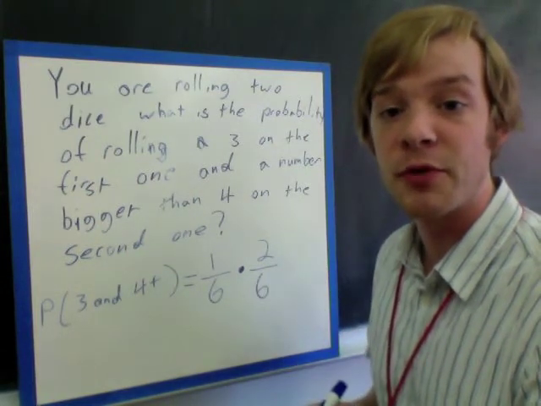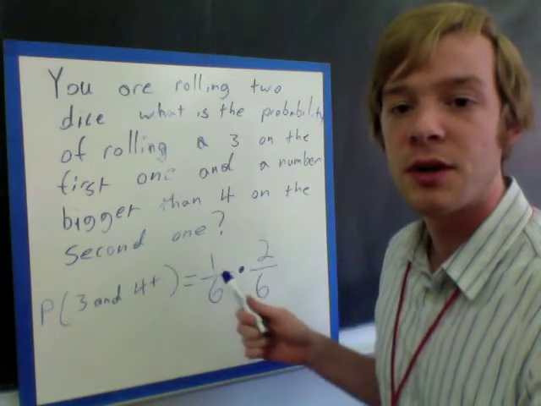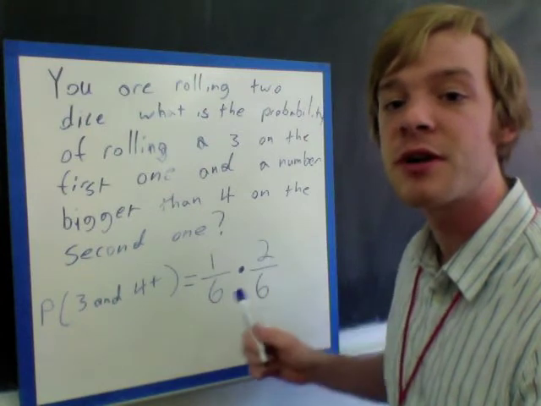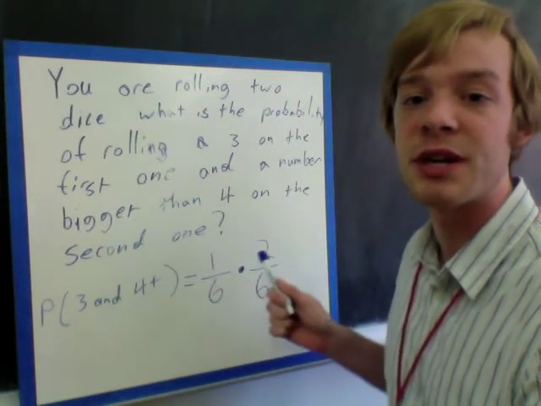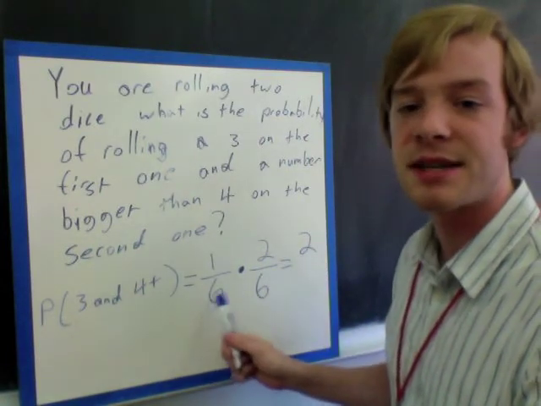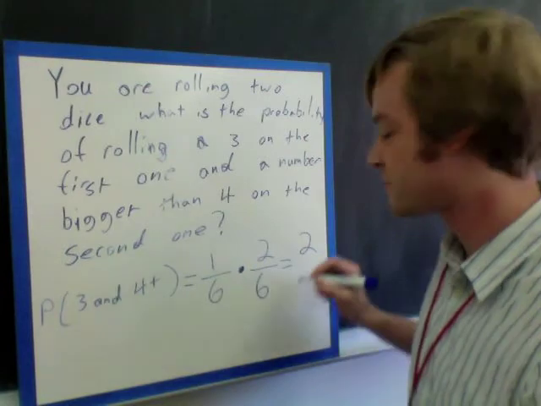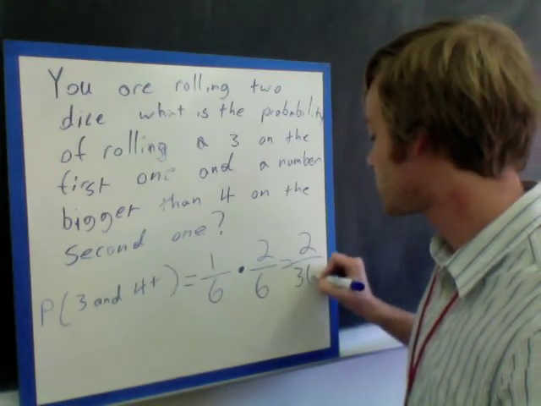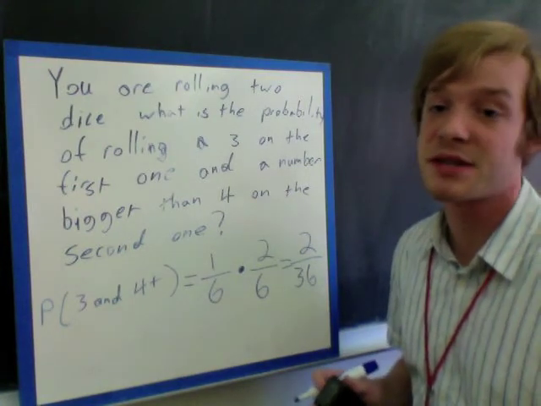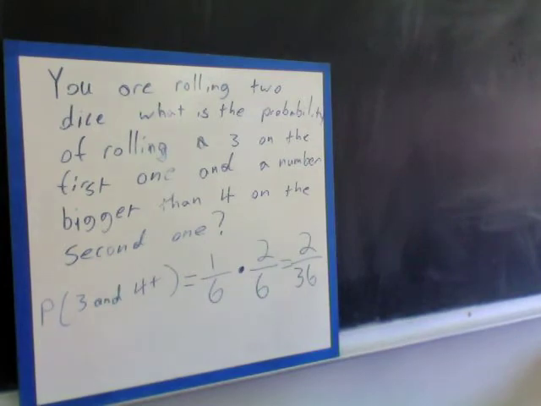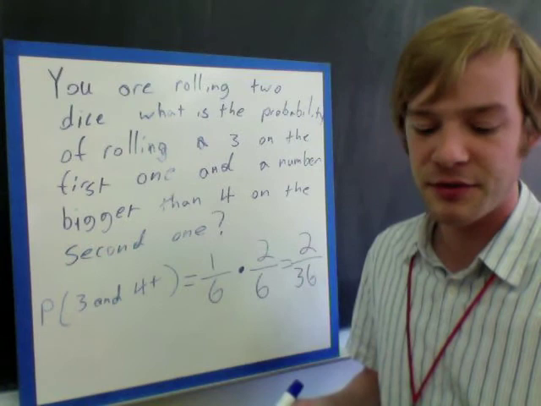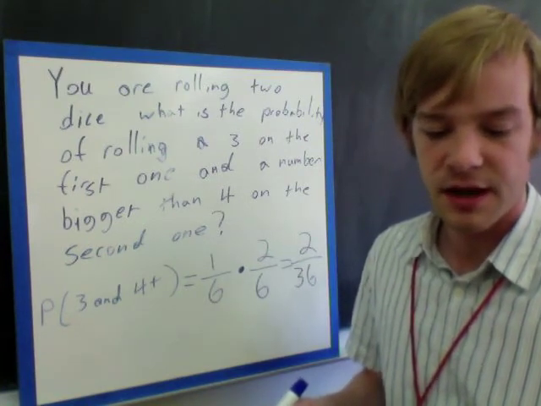Now we just multiply these two things together. So remember, when you're multiplying fractions, you just multiply all the way across. So you multiply your 2 numerators together, multiply your 2 denominators together. So 1 times 2 gives us 2. And 6 times 6 is 36. Now, we've got 2 out of 36, but we also still want to write this as a decimal. So take your calculator, divide 2 divided by 36, and you get